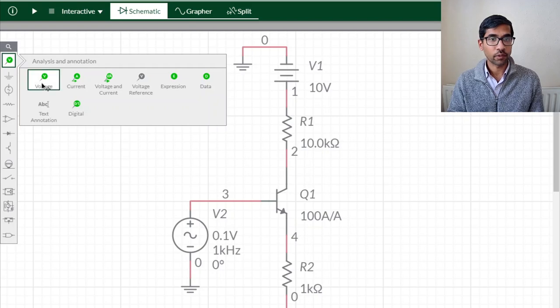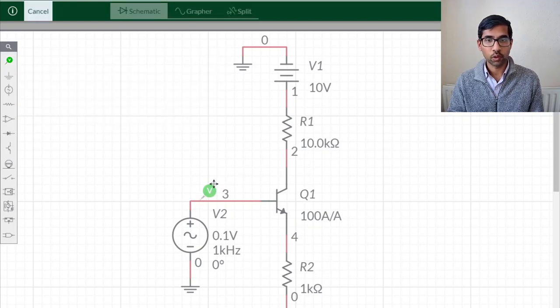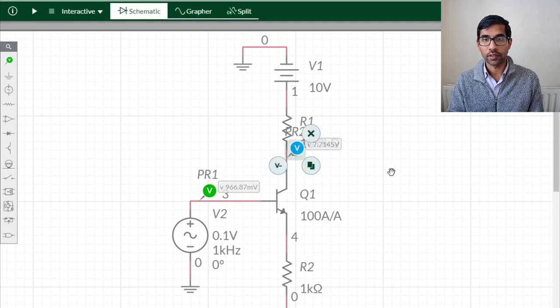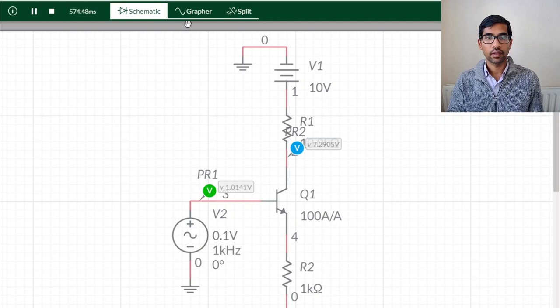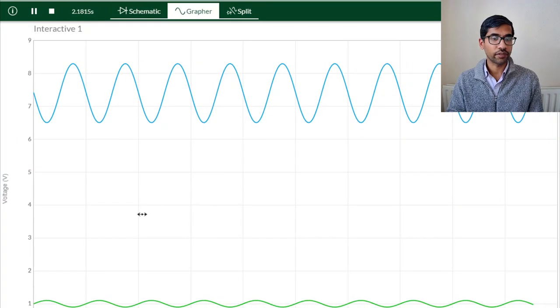So to do that, I'm going to put a voltage probe at the input, and I'm going to put a voltage probe at the output here. Okay, and let's run this. So this is running, and if you go to the grapher, you can look. This is the input signal, which is centered around 1 volt, and there is a 0.1 volt amplitude of the sinusoid, and the output is centered around approximately 7.5 volts, and you can see that the sine wave